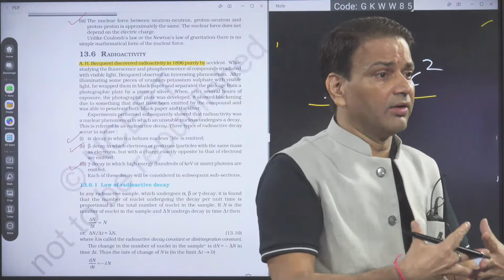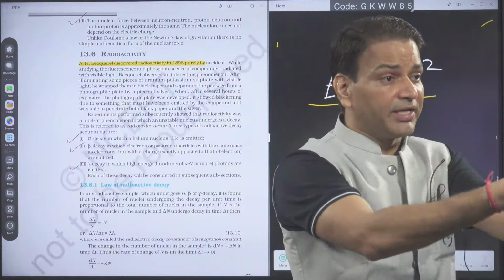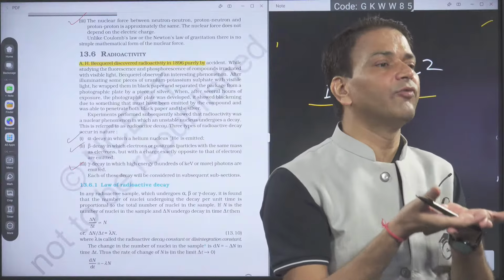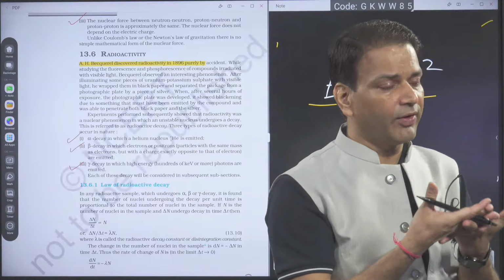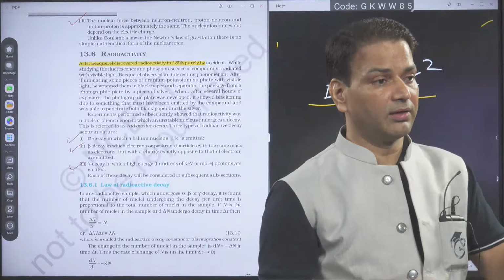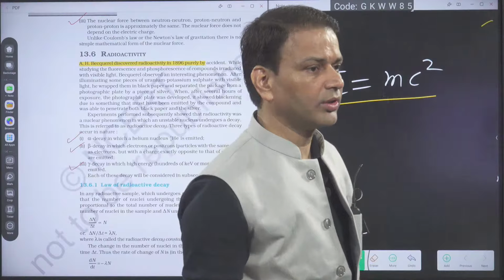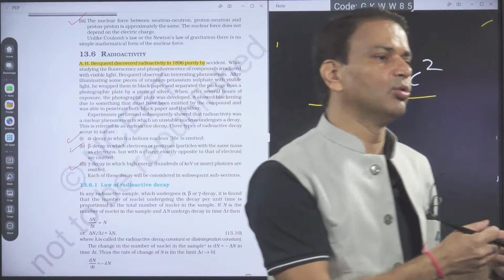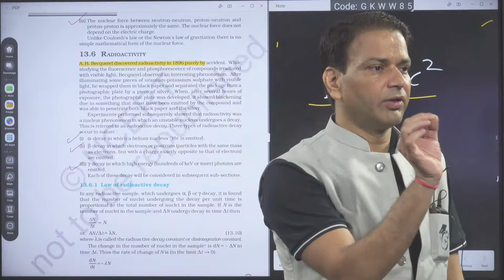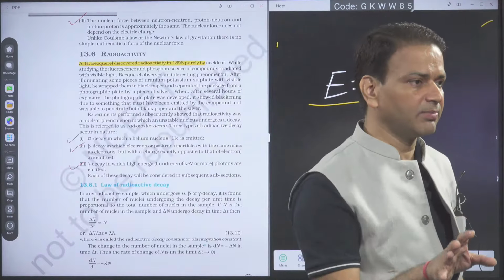When a heavier nucleus is there, sometimes it emits an alpha particle. The alpha particle is the helium nucleus, that is 2He4. So the alpha particle will get ejected, so the atomic number will get reduced by 2, and the mass number will reduce by 4. That is the parent nucleus which is ejecting the alpha, and in the daughter nucleus, the product, the mass number will be decreased by 4 and the atomic number will decrease by 2.